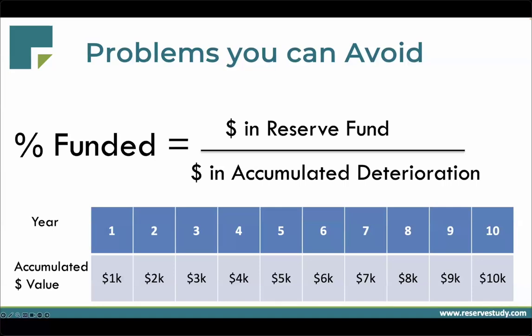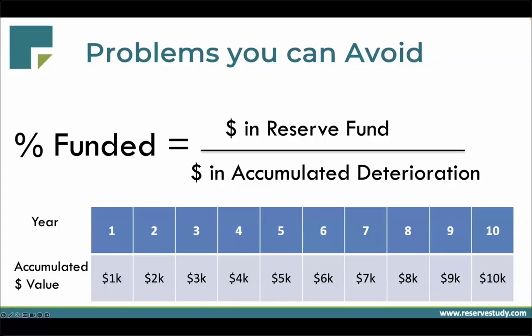For a project that lasts 10 years, that costs $10,000, every year it's accumulating $1,000 worth of deterioration every single year, right? Year one, it has 1,000, not assuming inflation, just to make the math simple, but in year five, it has 5,000, in year 10, 10,000, right? So if we delay a project, we are not saving money, right? The percent funded is proportionate depending on the amount of money that's required. So every single year, you're increasing the value of deterioration each and every single year.